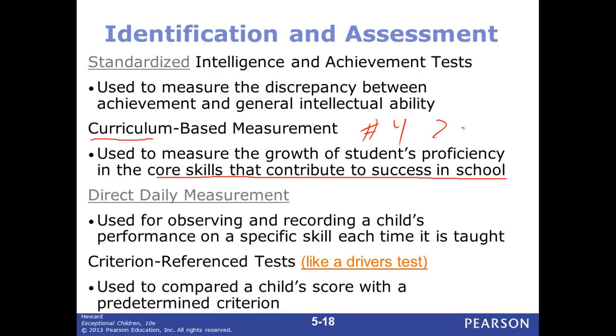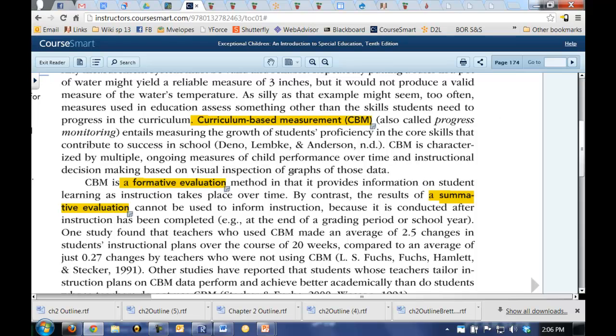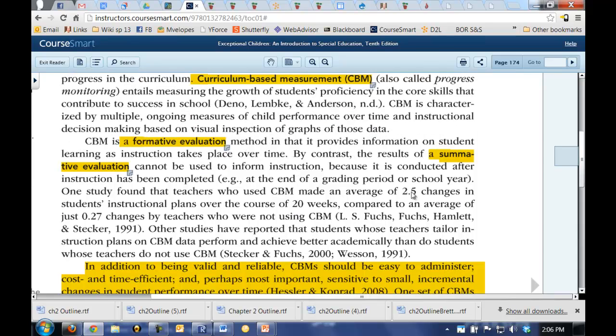Two definitions here: formative evaluation and summative. Formative provides information on student learning and instruction over time. By contrast, results of summative cannot be used to inform instruction because it's conducted at the end, when everything's complete. So a more common one is formative, where you're constantly evaluating their progress, whereas summative is a little bit more